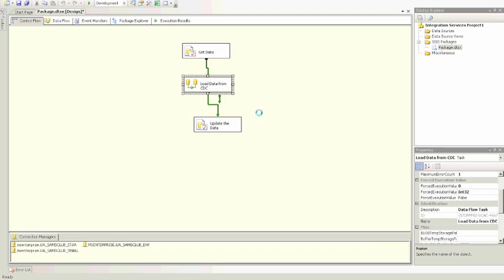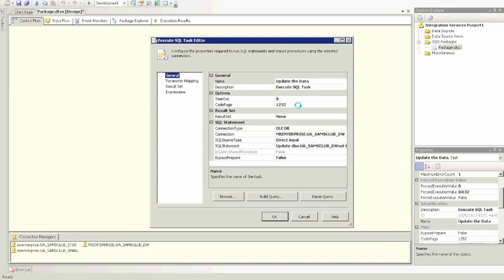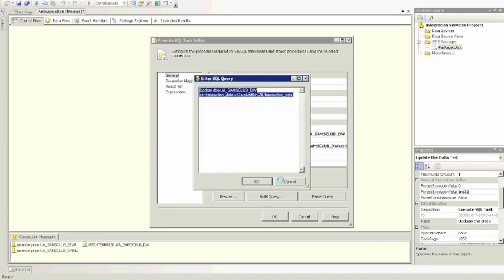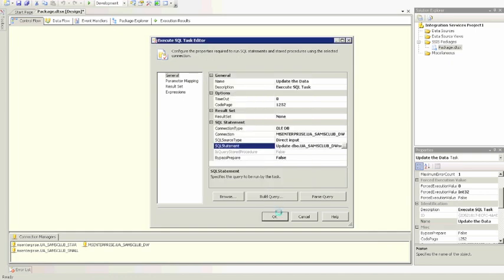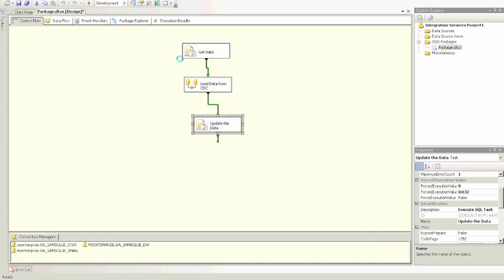Finally, to load the data into our data warehouse, we must create a query to update the data within the data warehouse itself. So once again, I have to set up the connection for this one and create an update command to update the table itself. And once we are done, I'll click the debug button,